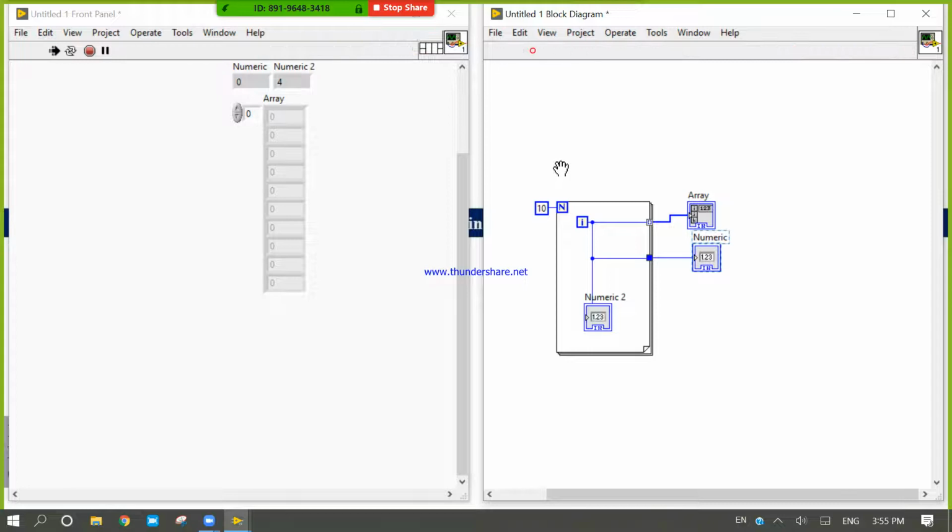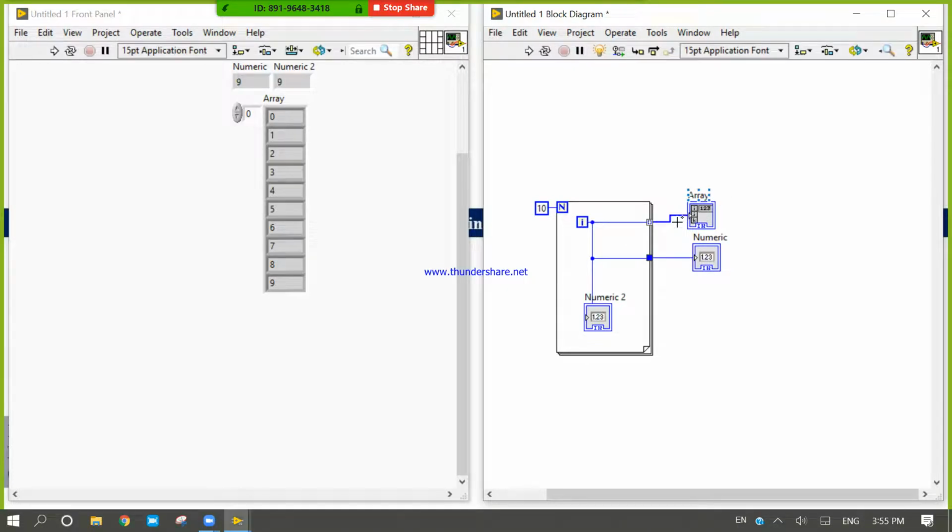Let's see how. Now you can read the data by using this. There is no data in the array, only numeric. When the loop stops, you will get only one data, which will be 9, and in the array you will get all the data 0 to 9. So it is the first property. Please design it, take 2 minutes.